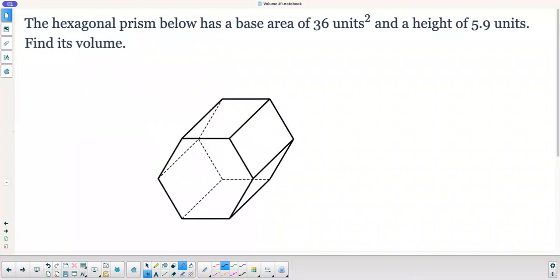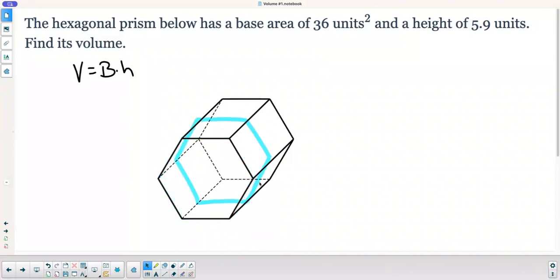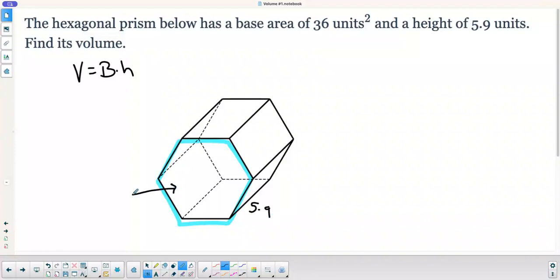Here's another one. Area of the base times the height. This time my base is a hexagon. Again, the area of that blue hexagon is 36, and you see how I have a hexagon on the front and the back. My height is 5.9. My base is 36 square units. So my volume is 36 times 5.9. I get my volume is 212.4